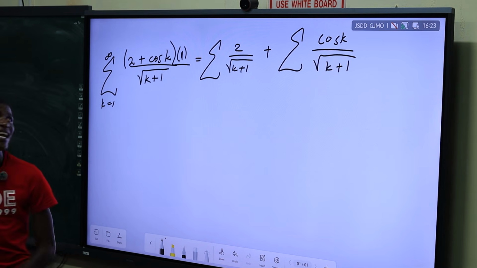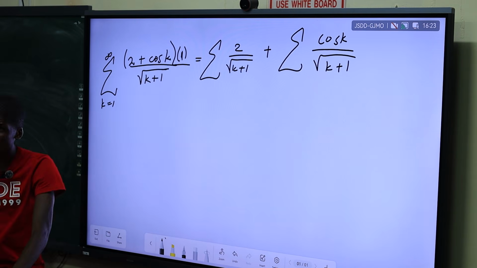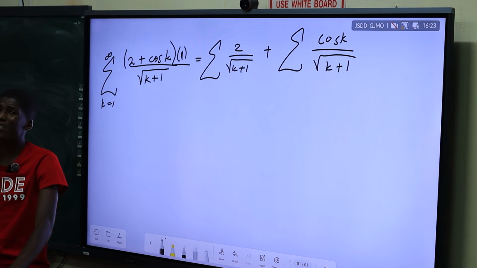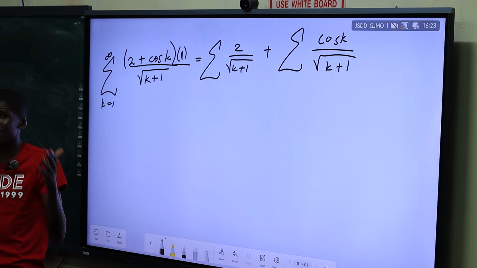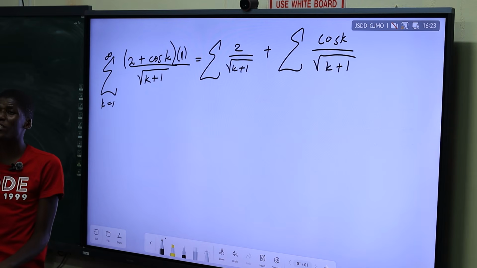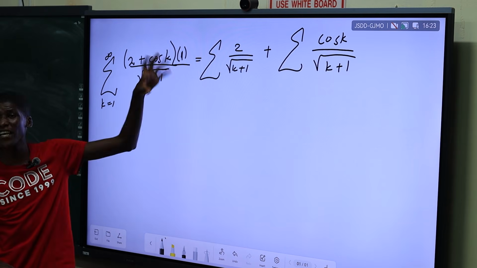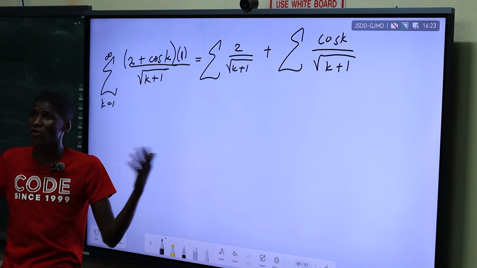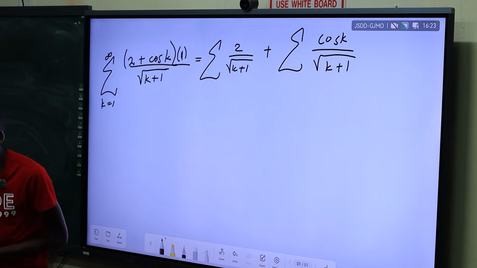We cannot have convergent plus divergent, or divergent plus divergent, being convergent. No, because with the divergent one we cannot determine its sum, because it keeps growing. That's what divergent means. The convergent one is converging to a certain value. So you cannot add something that is converging to a certain value plus something that is not converging at all, that keeps growing. So they must all be convergent for you to be able to add them together.